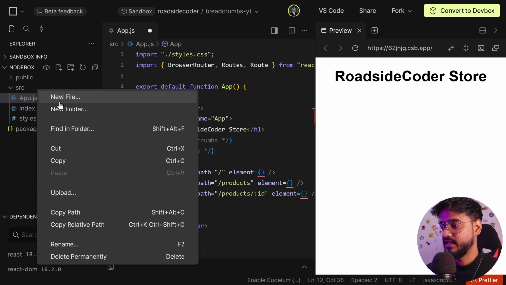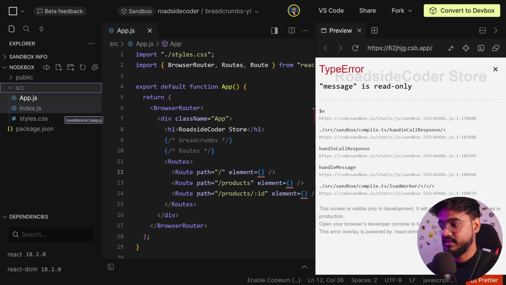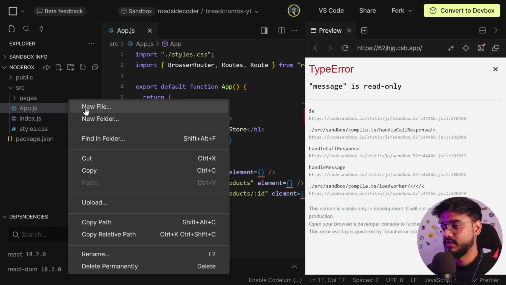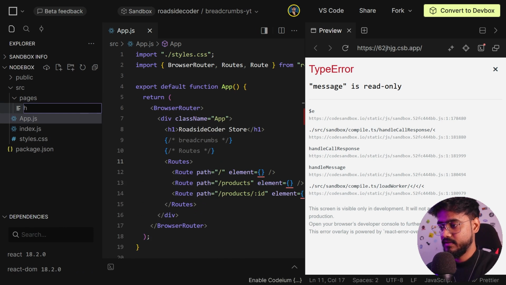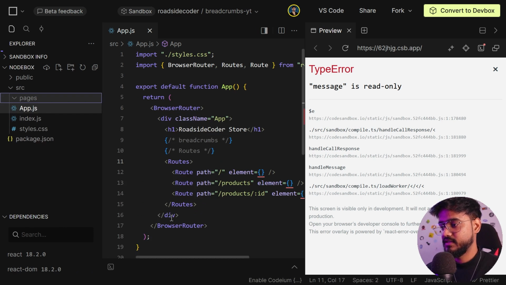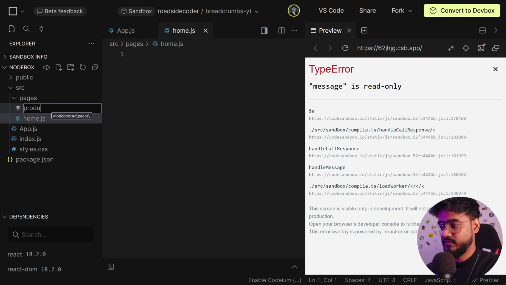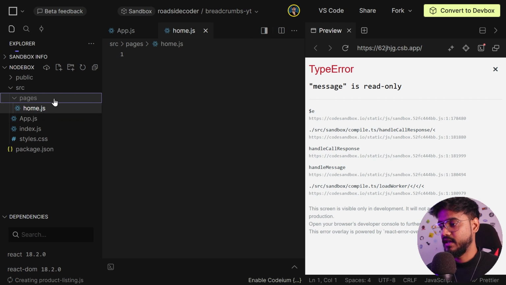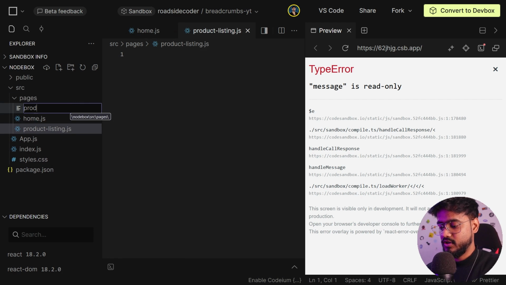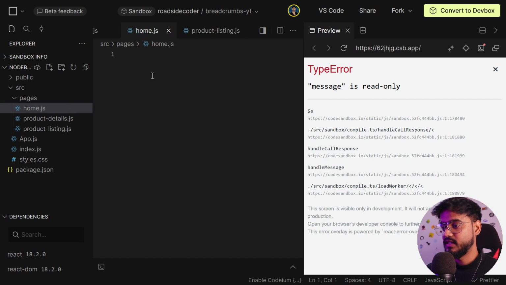So I'm going to create a new folder for our pages, and I'll keep all of my pages inside of it. The first page is going to be home.js, then productlisting.js, and productdetail.js. Now inside of the home, I'm going to create a new component, const Home equals, and this will be an arrow function,